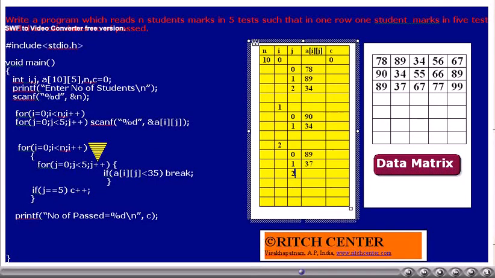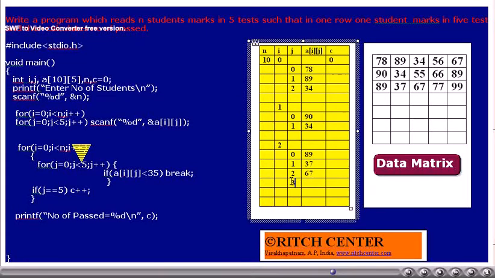j value will be incremented by 1. Is j less than 5? Yes. Thus inner for loop is going to get executed once more. Is A[i][j] less than 35? No. Thus we will not come out from the inner for loop. j value will be incremented by 1.